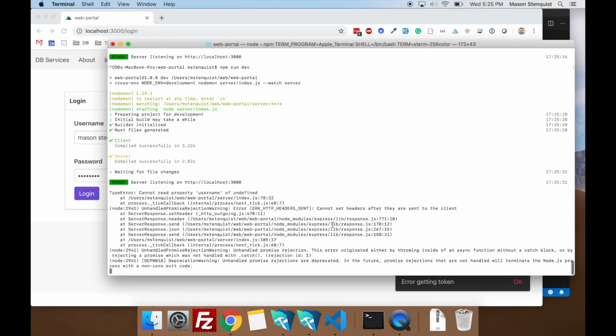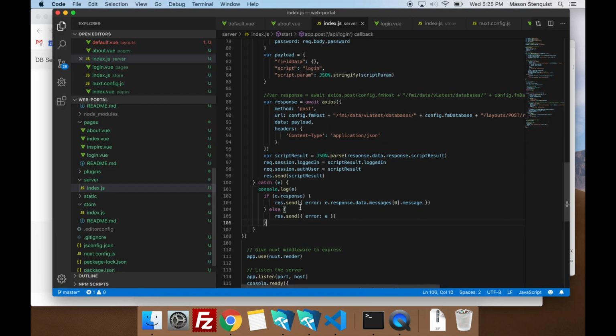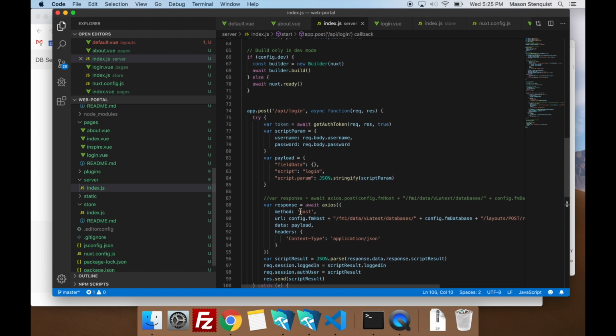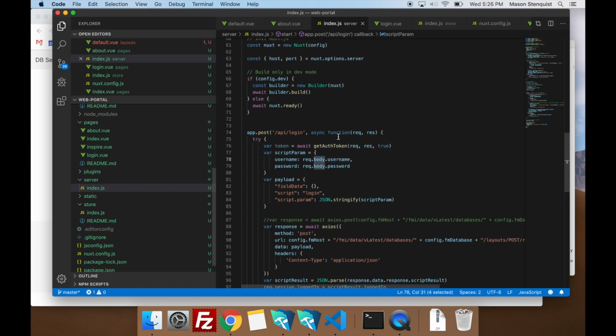This time, cannot read property username of undefined. Okay, so that is a much better error message. So when it's trying to pull information out of our request body, and that's basically where post data is stored, it's saying it can't read it.